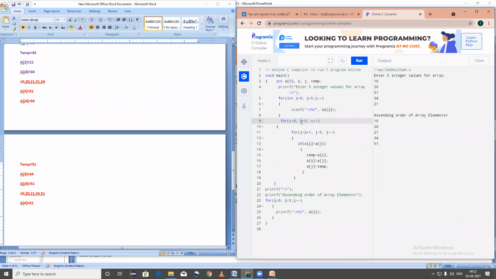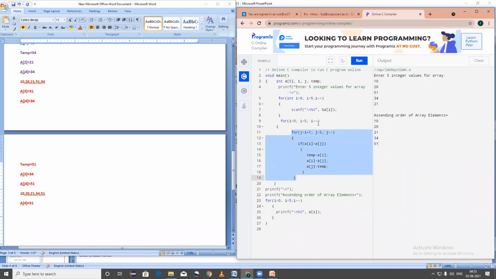Currently I am having the value of I variable, that is 4. 4 is less than 5. ही condition true आहे का false आहे? True. Okay, true, that means it will enter the body. Now it will check J is equal to I plus 1. Value of I is 4. 4 plus 1, 5. Here the condition is going to be checked. Is 5 less than 5? Is this true or false? False. Okay. Condition is false. That means it will not execute this.